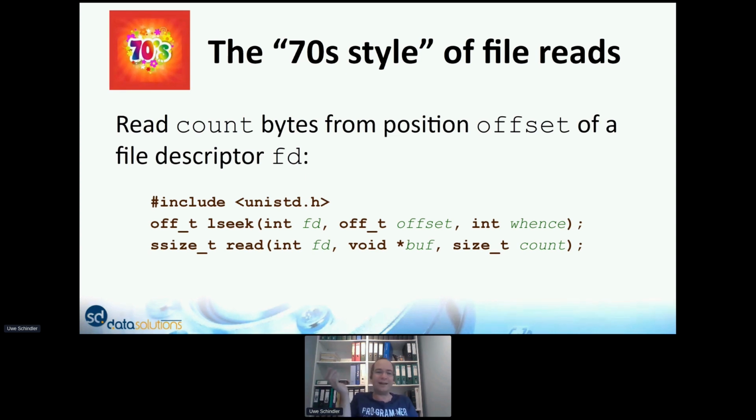After opening the file, you were able to seek to a specific position in the file using the file descriptor and some offset, which is the first of those functions. And the second function is then to ask the kernel to read a specific amount of data, here denoted as count, into a buffer that is inside your process. So that means there's also copying included, and you have to seek before.